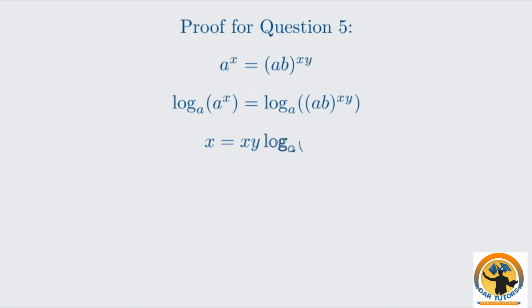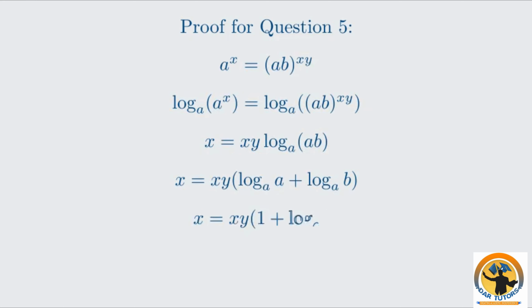Let's re-examine the proof for question 5. It's a bit more complex than a direct application of the laws. Let's take the logarithm of the first part of the equation, a to the power of x equals the quantity a times b, all to the power of x times y. Taking the logarithm base a of both sides gives us x equals x times y times the quantity 1 plus log